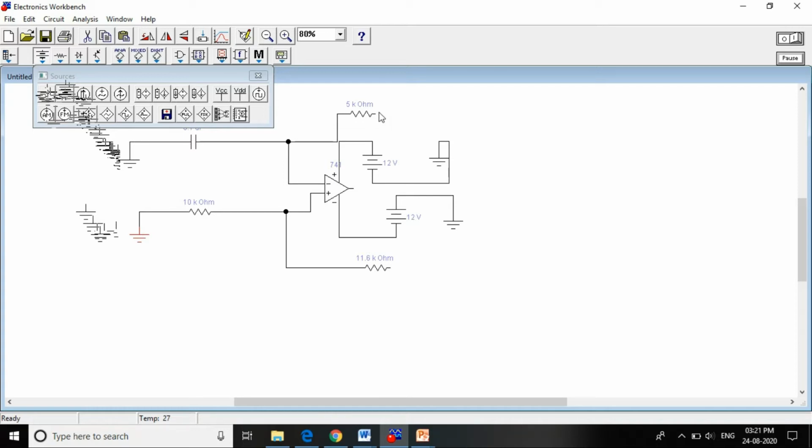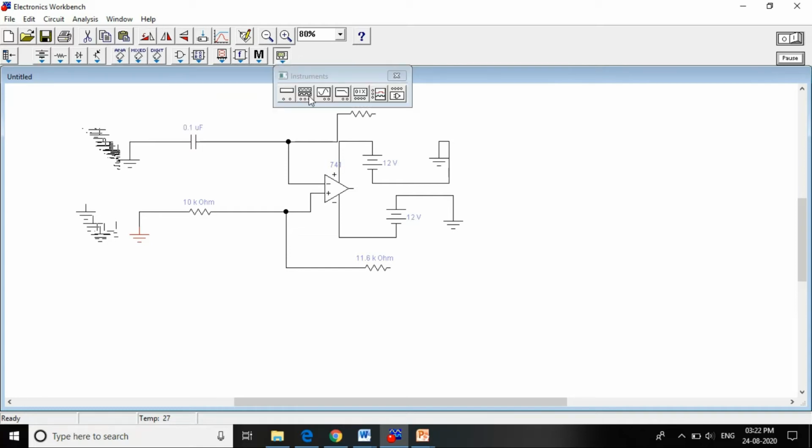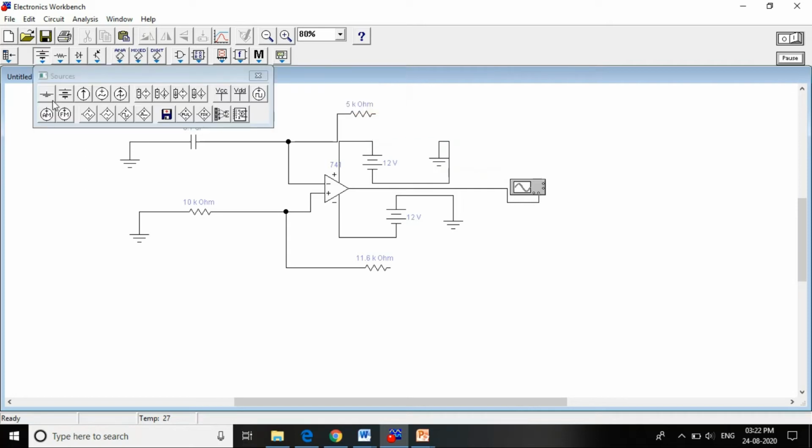So it should display it on the CRO, where actually the CRO is. Yes. So here you can take the CRO or the oscilloscope, you can call it as, okay. So in order to display what? So in order to get the waveforms on the CRO, we are selecting this, okay. Then you make a connection here, then you made it as a ground here.